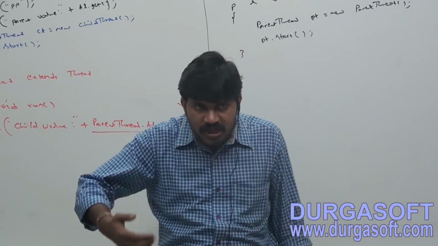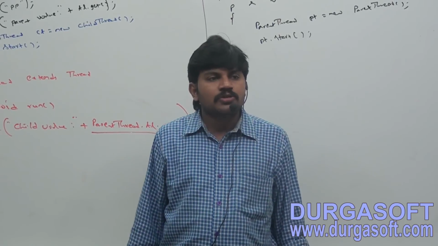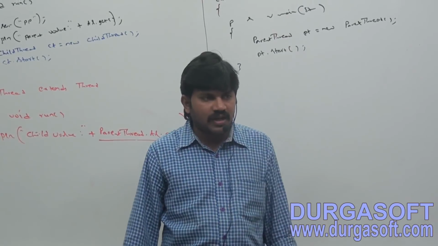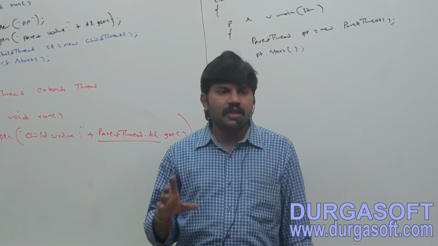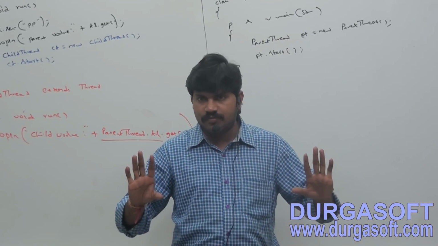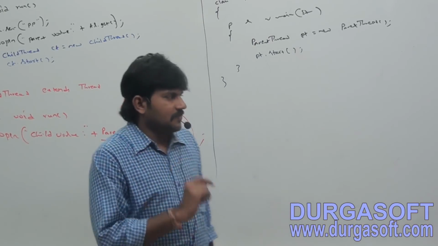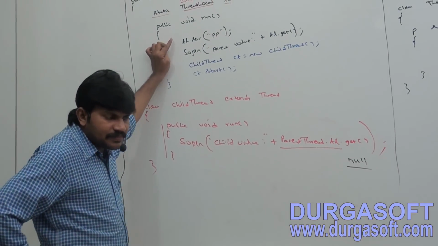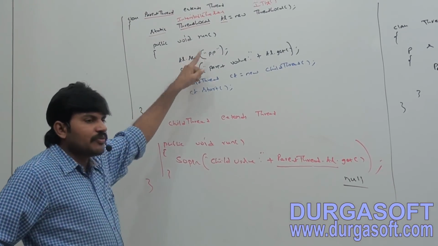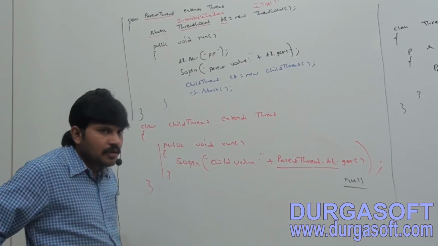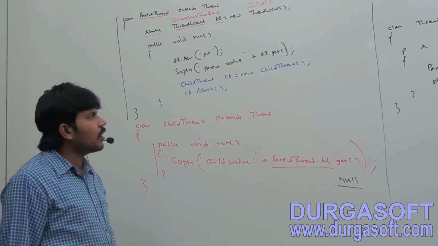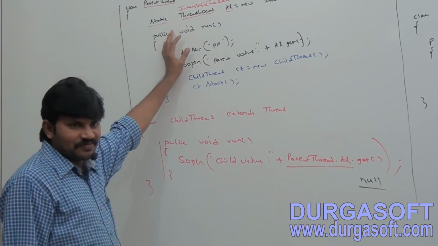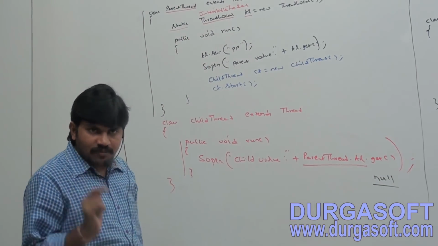Inheritable thread local is the child class of thread local. So if you want the parent thread local variable available to the child thread, then we should go for which one? Inheritable thread local. Clear for all of you, right? Okay, but here one thing. Which value is added to the parent thread? PP. Then which value is coming to the child thread? PP only. Sir, I don't want PP. For the child thread, I want to configure a separate value.